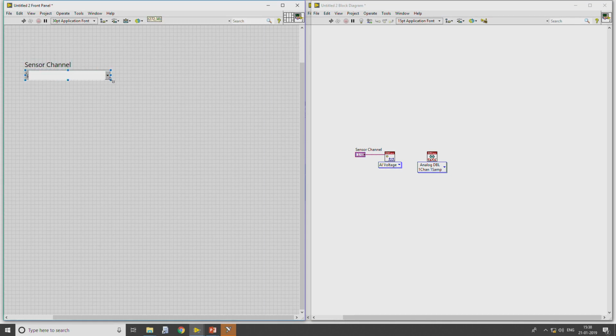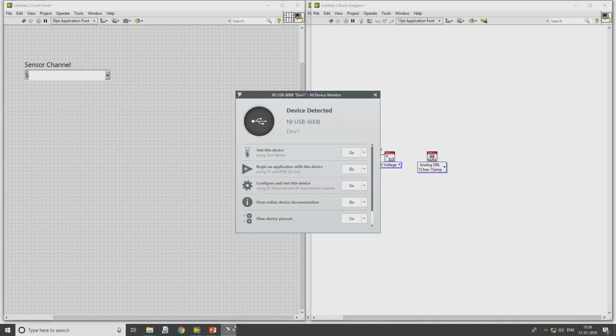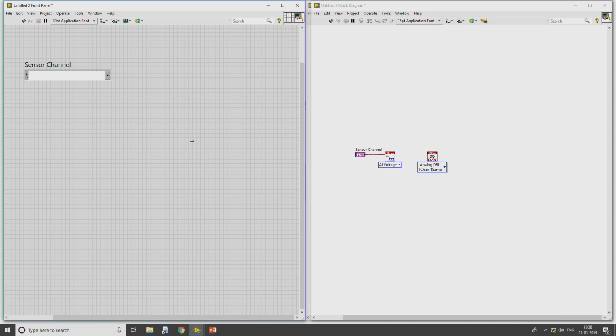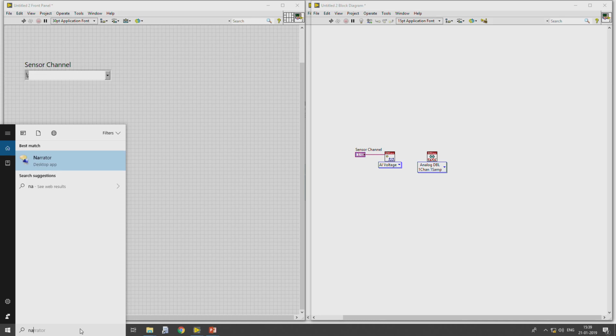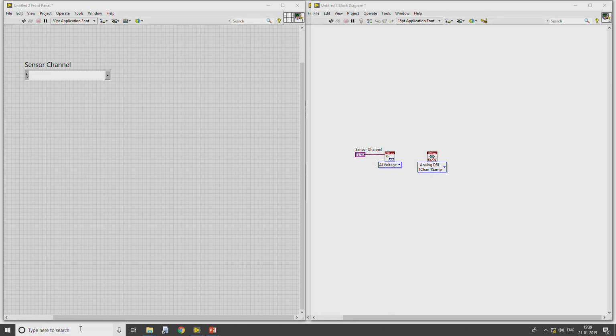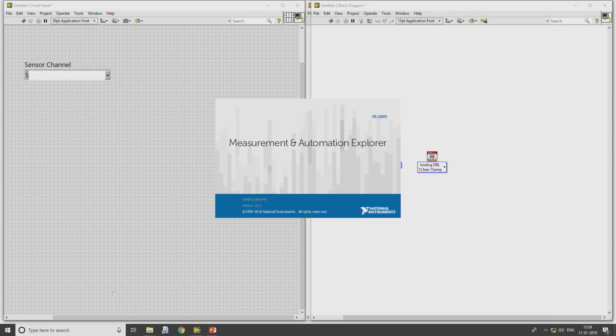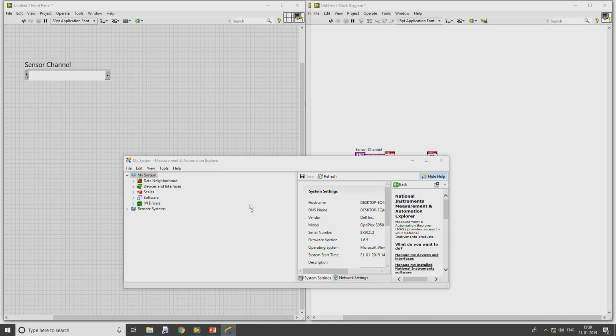So, if you observe, the system has been connected with two different modules, one is our CDAC, other one is USB DAC. In order to understand the configurations of USB DAC as well as CDAC, as we have already seen last time, we can go to NI MAX, which is a Measurement and Automation Explorer, where we can have complete access of the data acquisition modules connected to the PC.